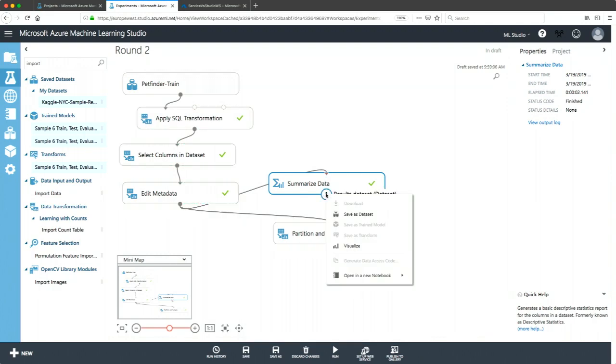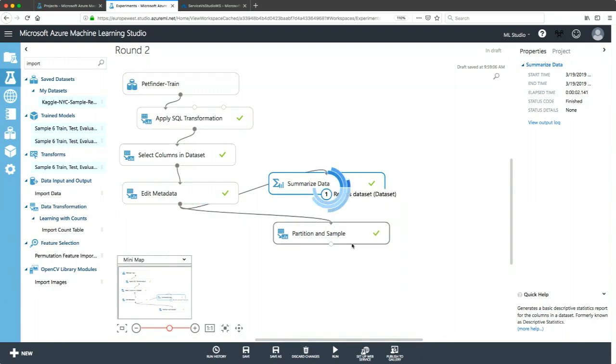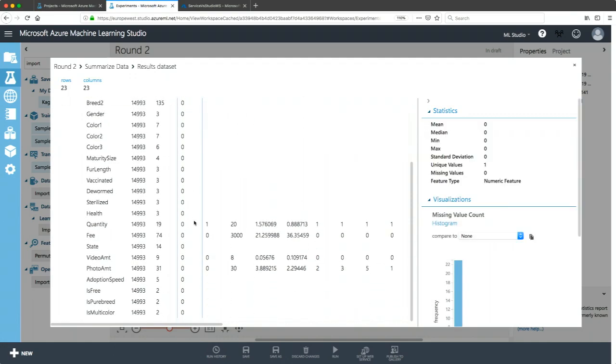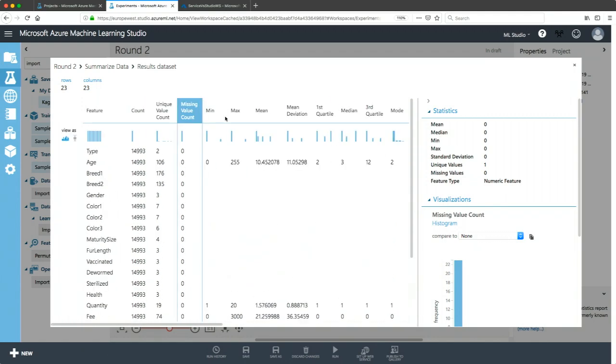We can also run some summary statistics. Basically, this all helps us get an idea of how the data set looks like, and how it should be interpreted, right? Because a big part of machine learning is just understanding the data and knowing what you can do with it and transforming it, of course. So right now we can see here, for example, that we have no missing values for any of the fields, which is great.